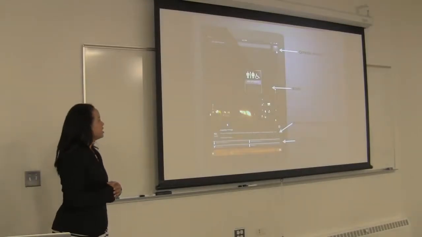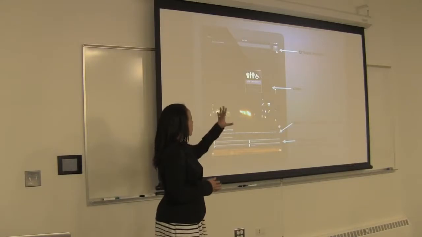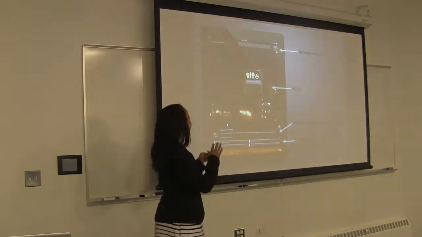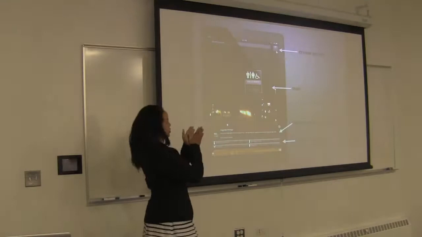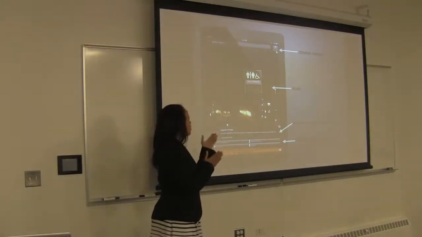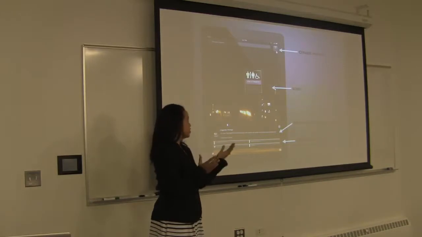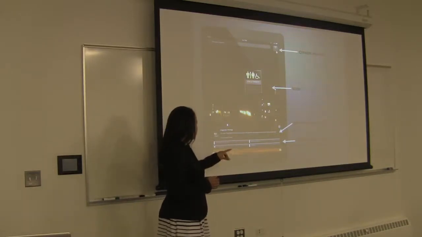So this is just a breakdown of what the entries look like. In the top right corner, there's all the points on the map, and then it'll show you what you're looking at and if you're closer or farther away. The icon floats in space, and it gets larger as you get closer to it. And then there's a brief description that I've added for each point, and then the resources and further information.